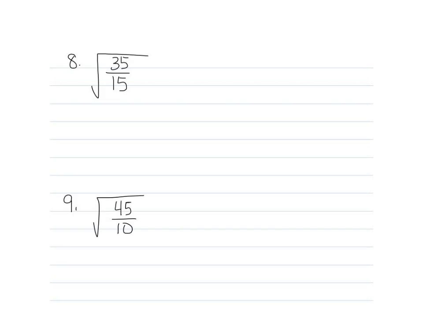Okay, moving right along. Let's look at number 8. One of the criteria of a simplified radical expression is that there is no radical symbol in the denominator. All right? Radical 35 over 15 can be rewritten radical 35 over radical 15. There can't be a fraction within the radical symbol, but there can also not be a radical in the denominator. So, in order to